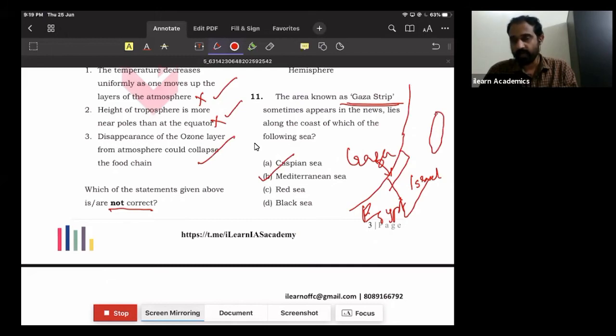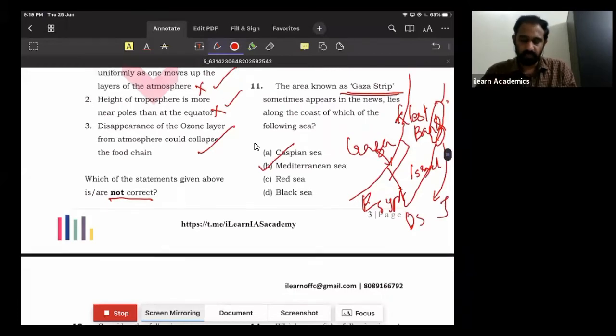It is a landlocked area. However, it borders Jordan as well as the Dead Sea. So this is the West Bank. This is the Dead Sea, and this region is Jordan. So here the answer is B.